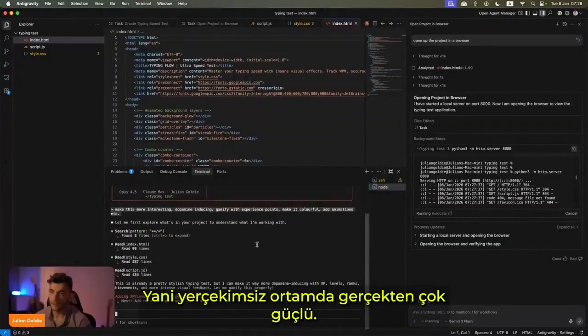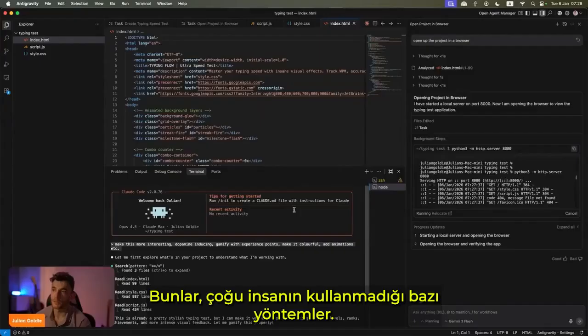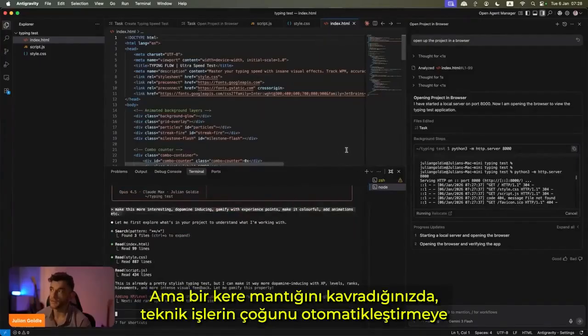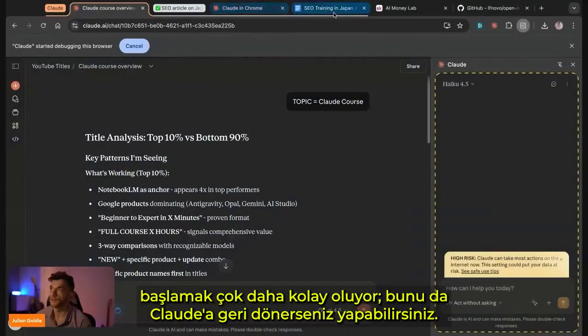So it's really powerful inside Anti-Gravity. It's great inside Terminal for Claude Code. Great for opening up GitHubs and that sort of thing. And these are some ways that most people don't use it. But once you get your head around it, it's so much easier to just start automating a lot of the technical stuff. Now, something else that you can do, if you go back over to Claude,